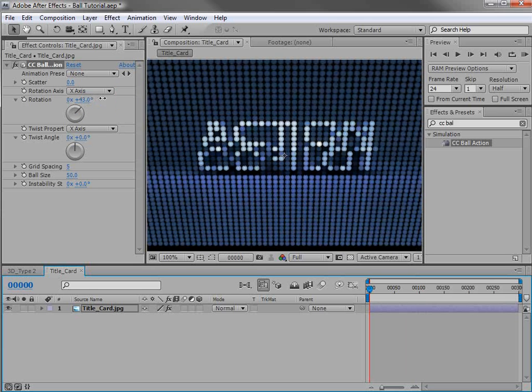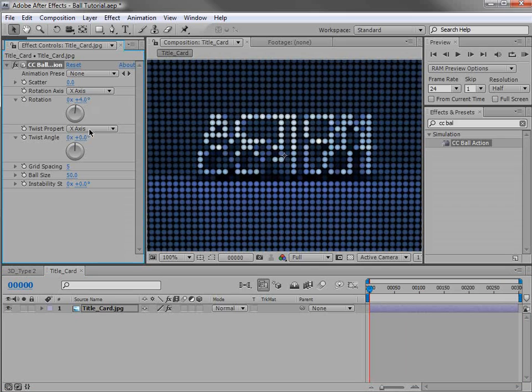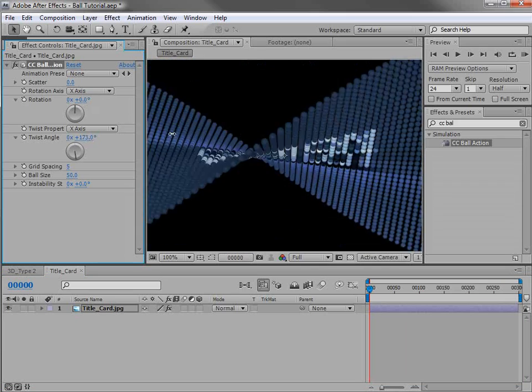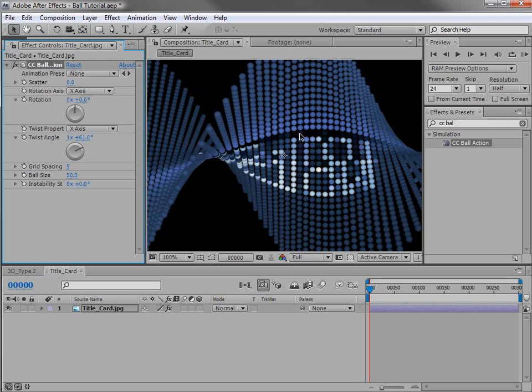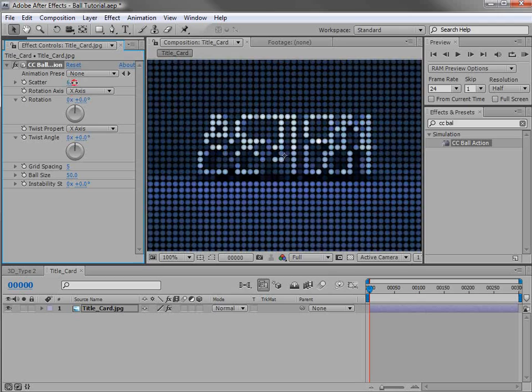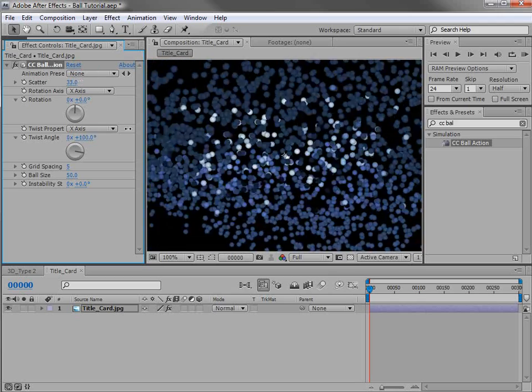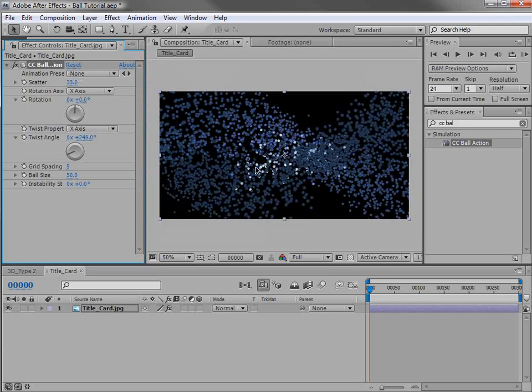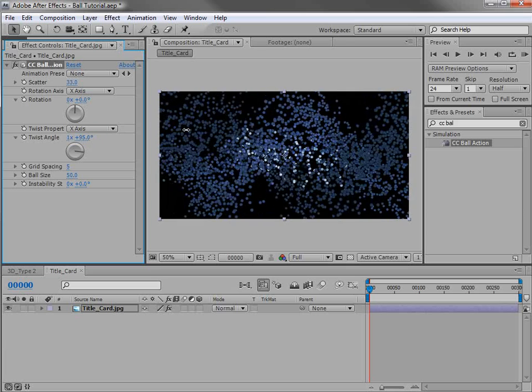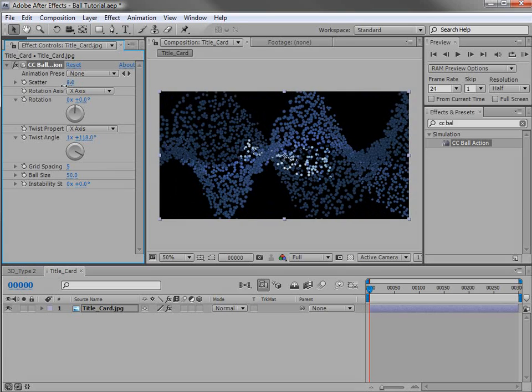So I could change this rotation setting. I could also twist it a bit. So right away, I mean, it's pretty interesting just on its own. There's also a scatter function that allows them to kind of spread out and do some interesting things. I saw somebody posted on the blog that they used it to create like a DNA strand, and so that's